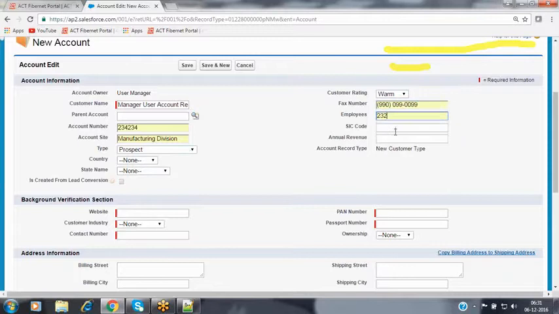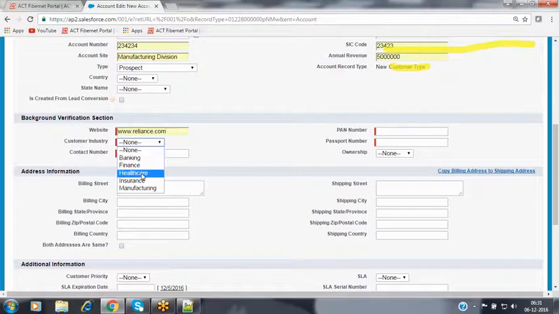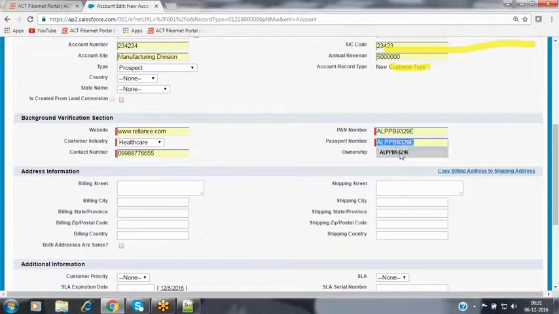Number of employees, I'm entering some value. SIC code, I'm giving some value. Annual revenue of the customer, I'm entering some value over here. I'm giving some website also. Customer industry, I'm selecting some healthcare. Contact number, I'm entering some value. The PAN number of the customer, I have entered some value.